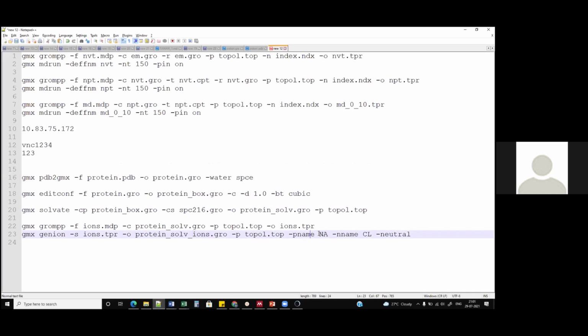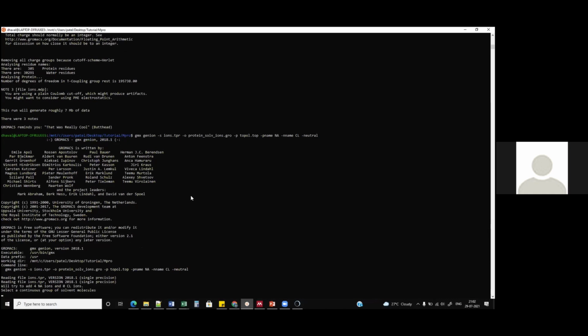As I told you earlier, we can use NaCl: plus, the positive ion Na, and Cl as the negative one. Either you can look at the charge, which was initially -4 in our case, so you can add +4, or if you don't know the charge, you can simply put the word neutral. It will automatically determine what kind of ion it has to add to neutralize the system. I'm just copying it and running it over here.